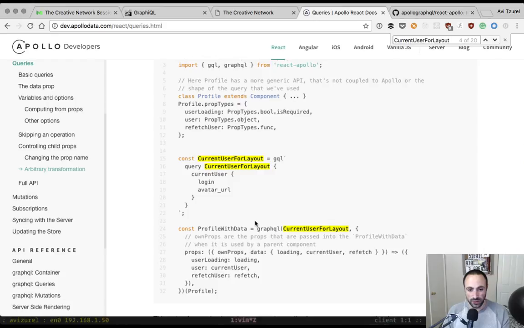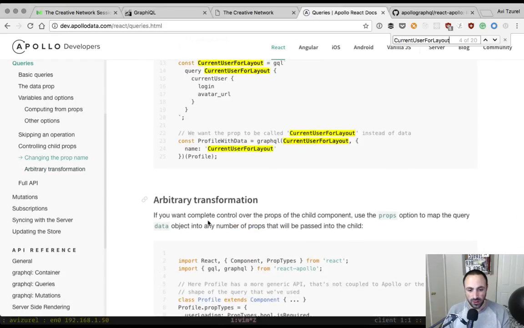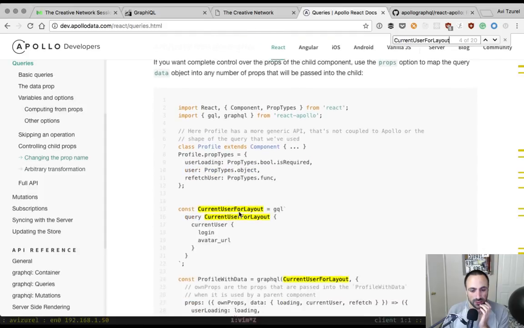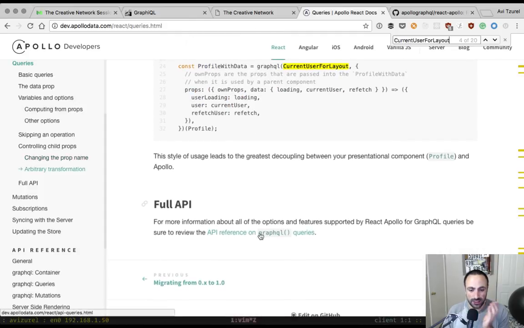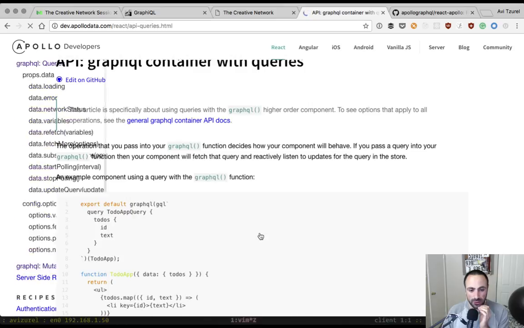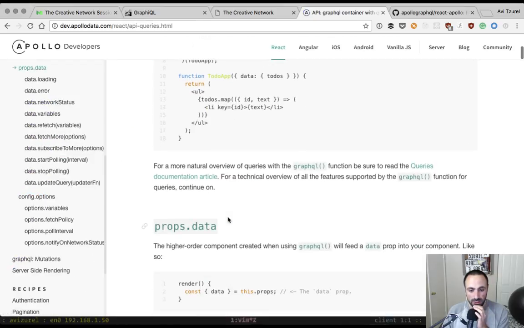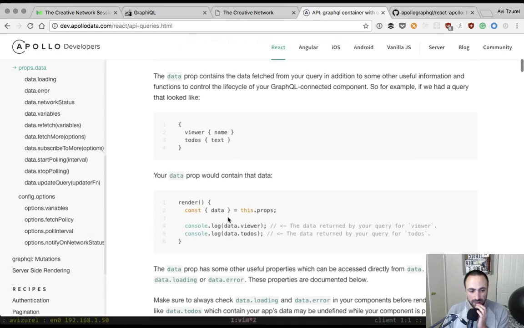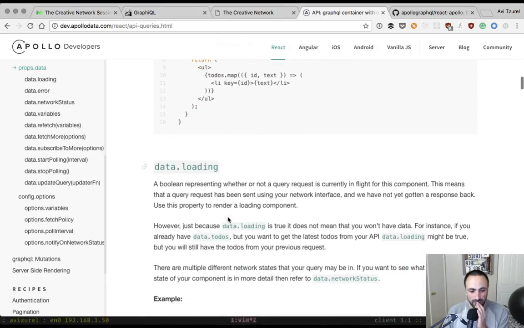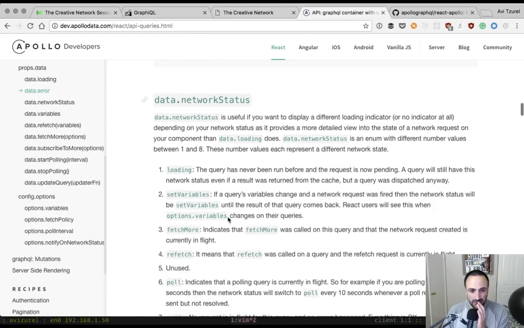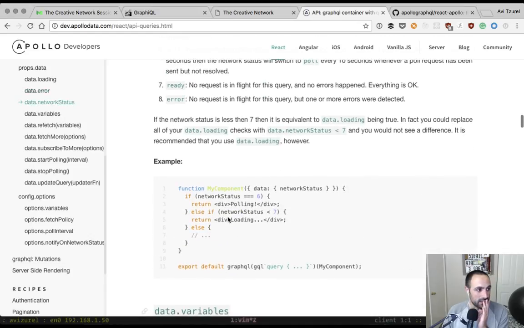But what I want, if you want complete control over the props, use the props option. So again, okay, so let's see here. API reference on the GraphQL container with query. So again, to do app, and